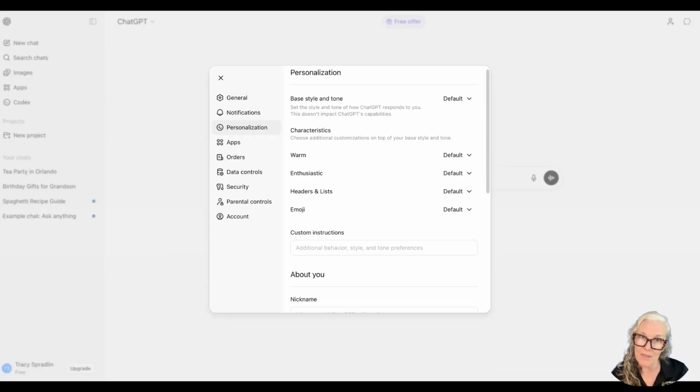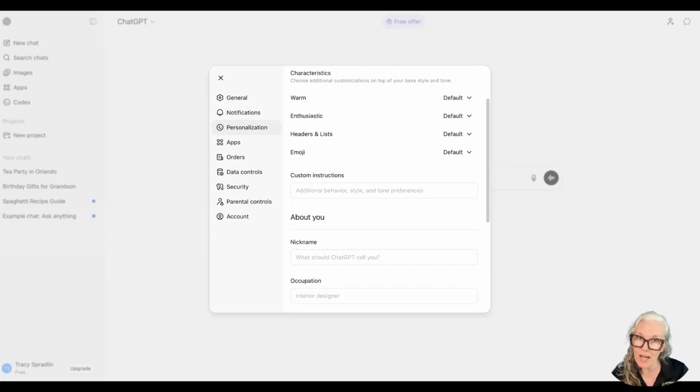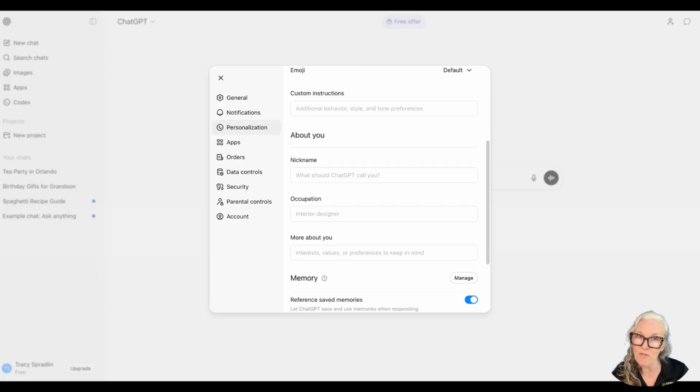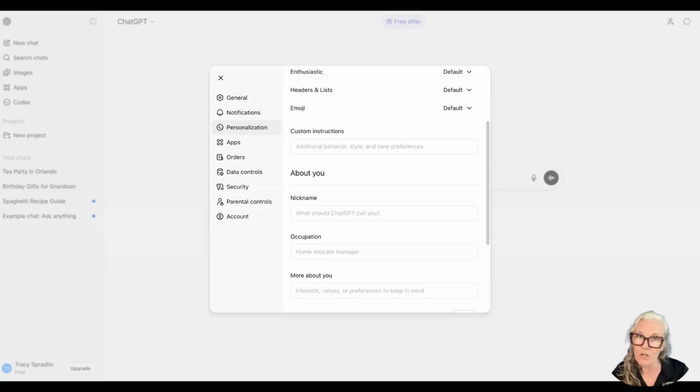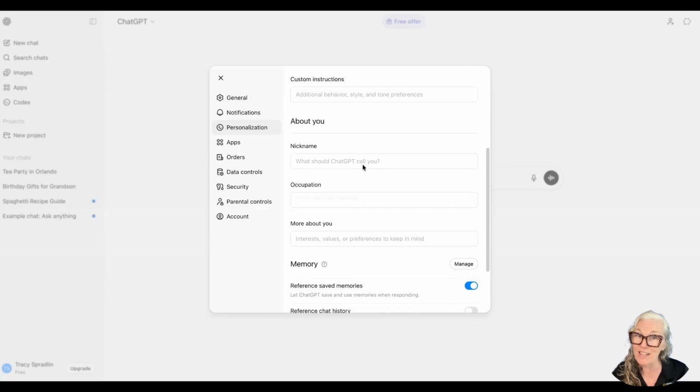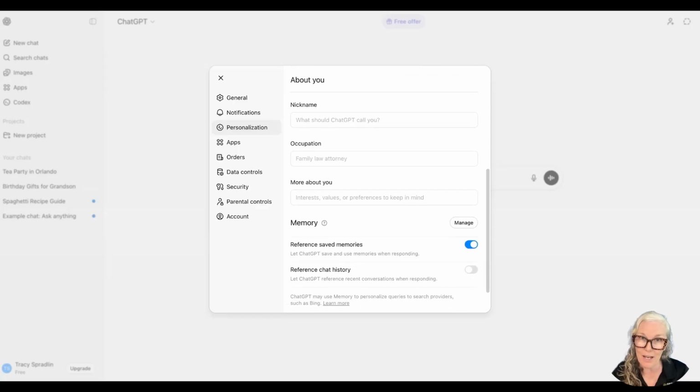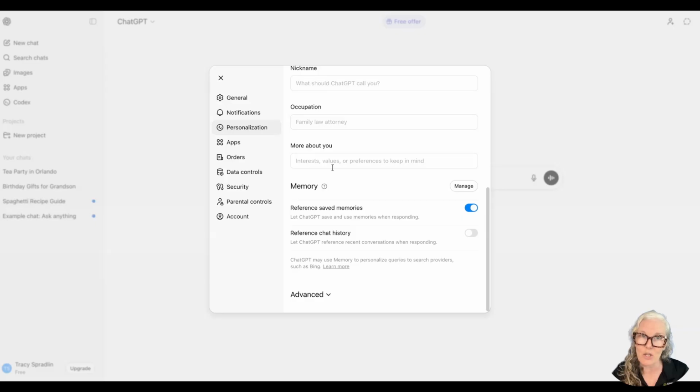So this is an account that I don't use very much. I just use it for training. So it doesn't have much in here about me at all, but you can fill in anything that you want it to know here, any custom instructions. If you want it to call you a nickname, if you have an occupation you want it to remember, anything that you have an interest or value or preferences. And then it's going to remember